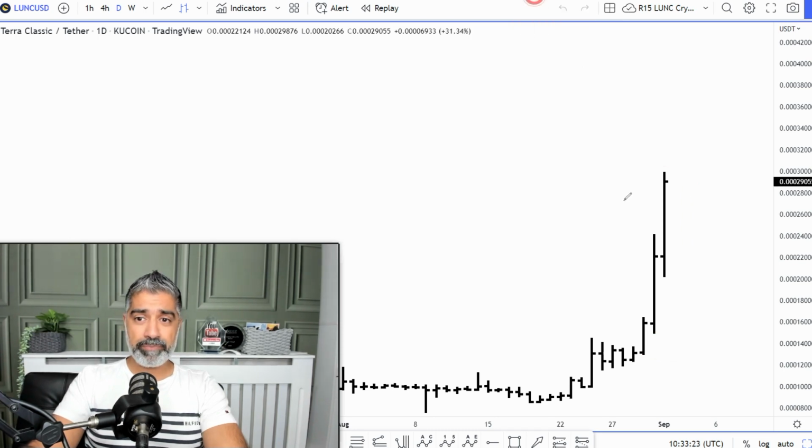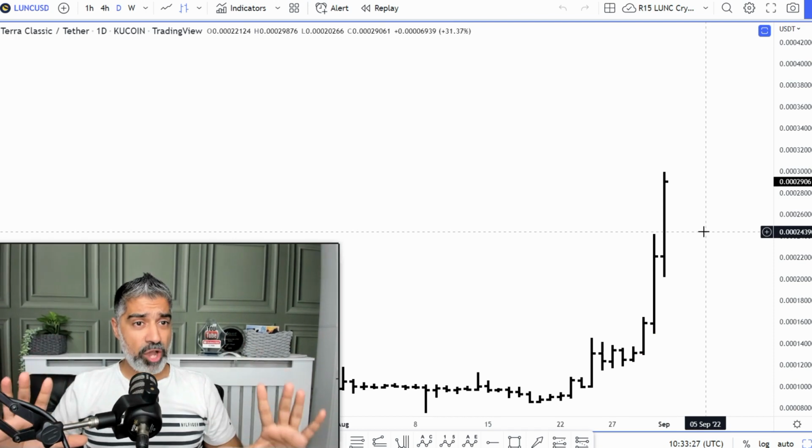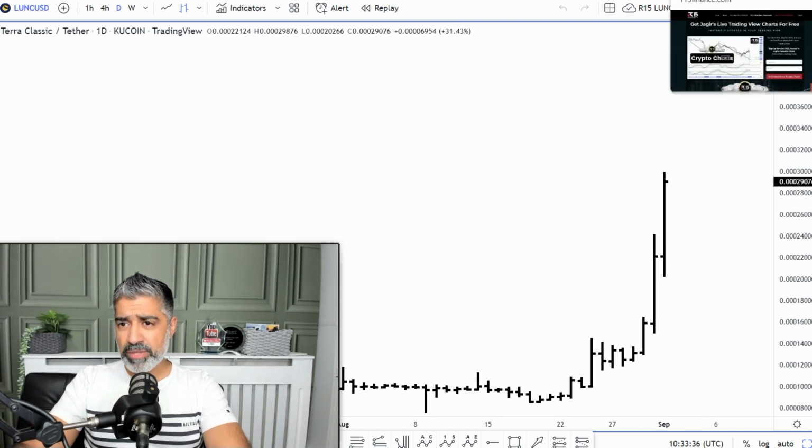So what you can do then is to drop down to a lower degree time frame. So this chart right now is a daily chart. So what that means is 1 bar represents 1 day. So if we drop down to an hourly chart, and before I do, just so you know, you can now